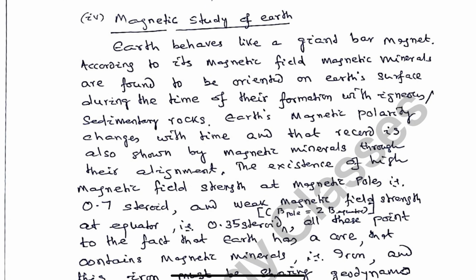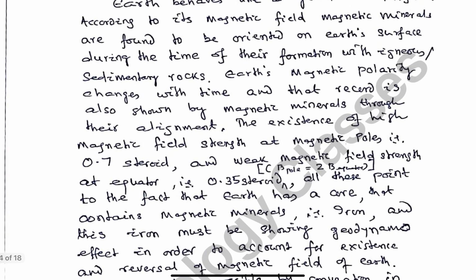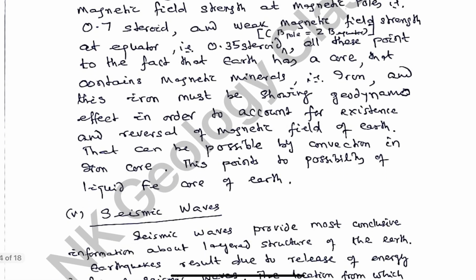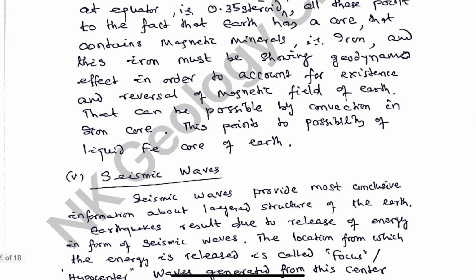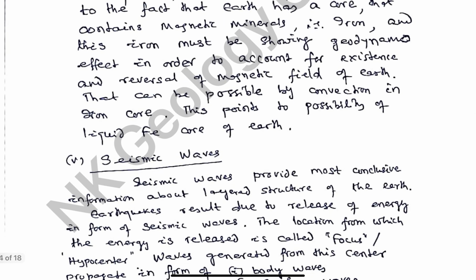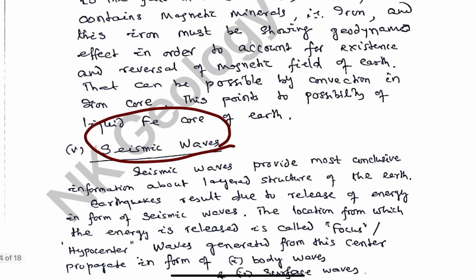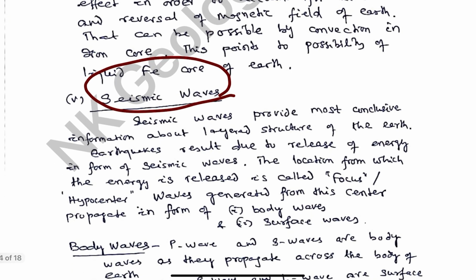And it is confirmed that Earth possesses magnetic minerals within its interior, and these magnetic minerals are iron. If this were not there, then Earth would not have possessed this magnetic field. So the Earth's core must be represented by iron, and it must be in a liquid state. Besides this, the most conclusive evidence is provided by the seismic waves, earthquake waves, because these earthquake waves